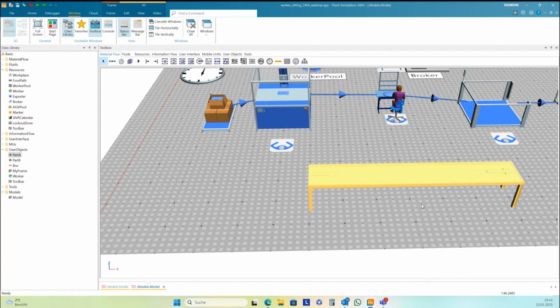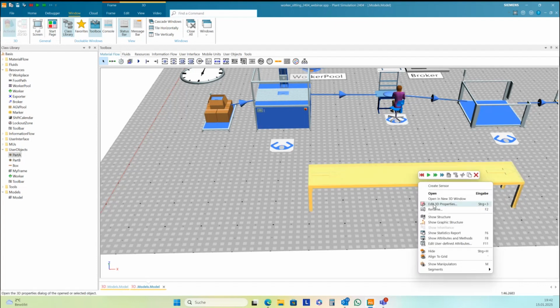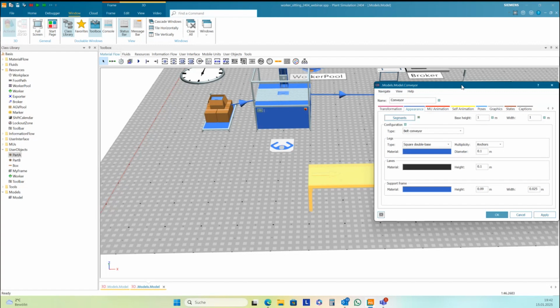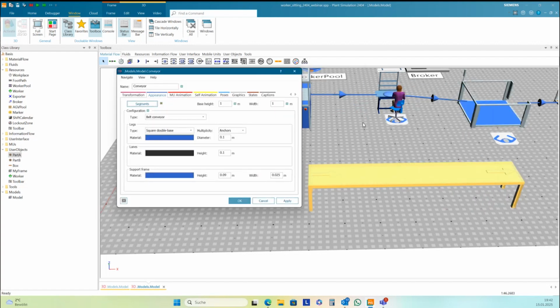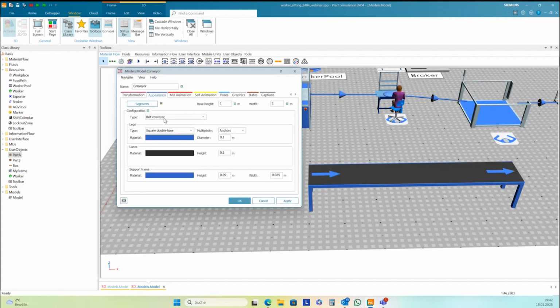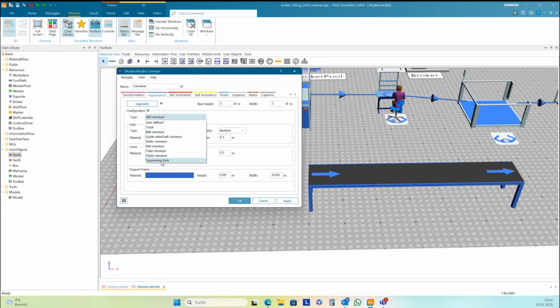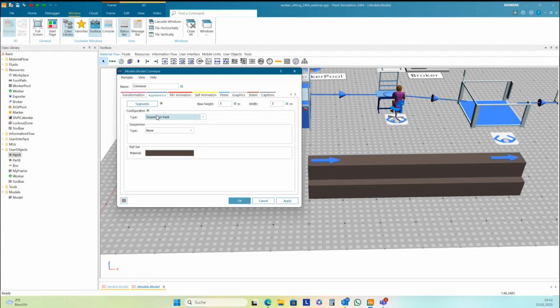Go to 3D properties, and then you have a tab Appearance, and there you can select between several types of conveyors: roller conveyor, belt conveyor, suspension tracks.